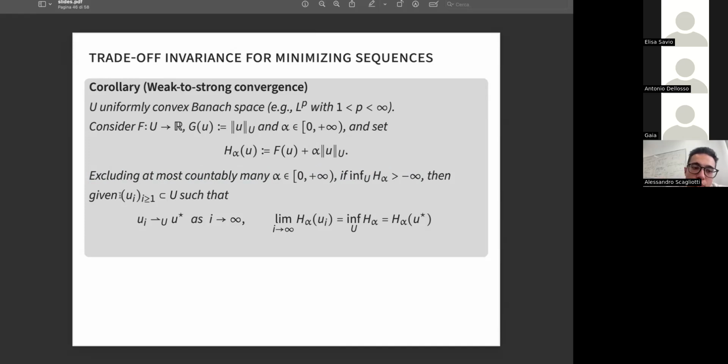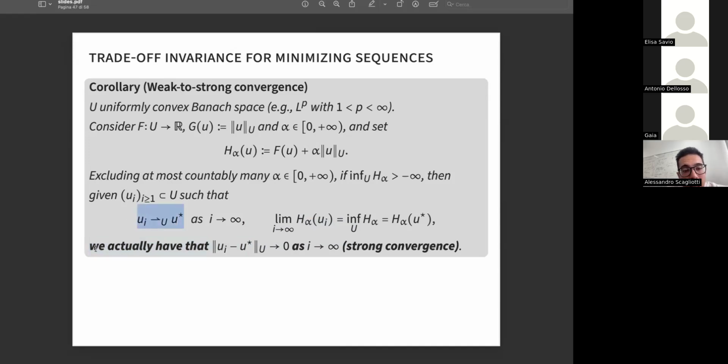Imagine that we have a sequence that is a minimizing sequence and that is weakly converging to a minimizer. This is the typical picture that happens when we apply the direct method of calculus of variations. Then it turns out that the weak convergence is for free a strong convergence. Why? Well, because